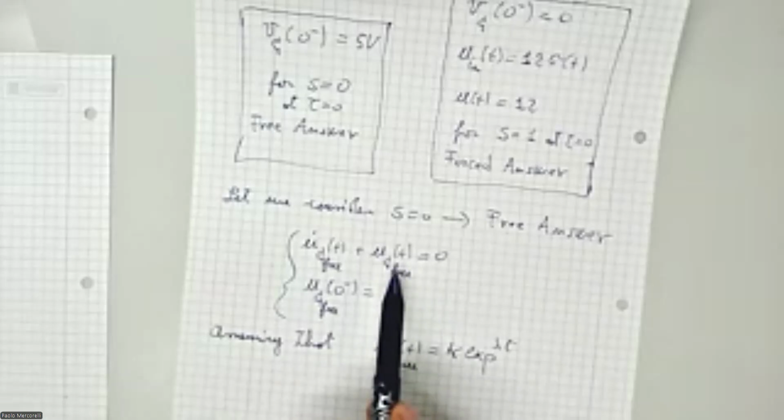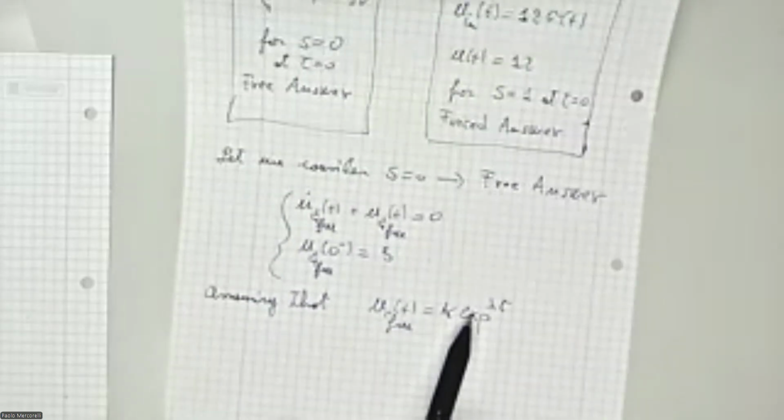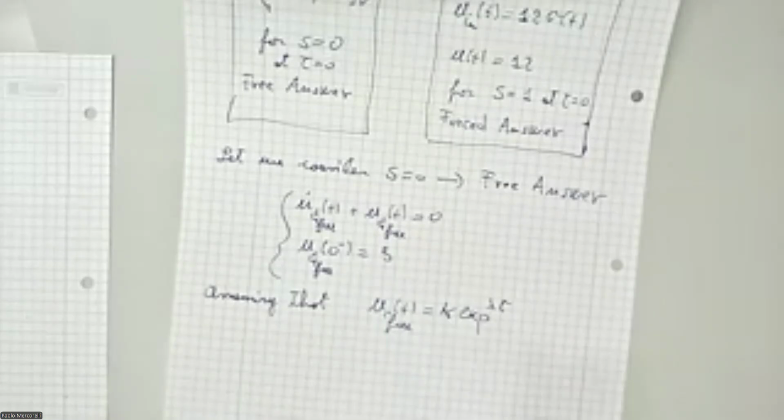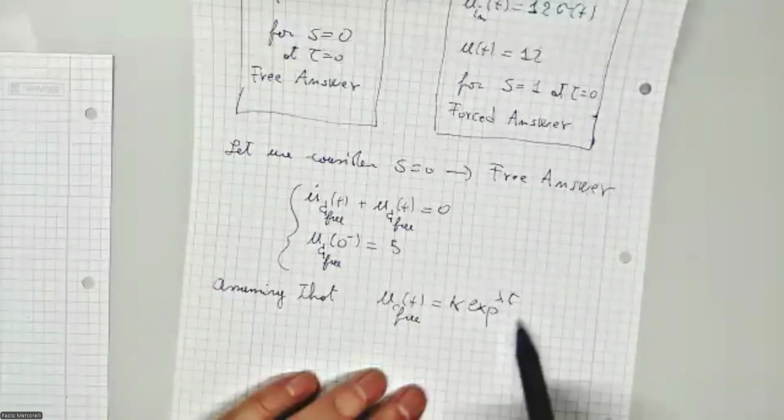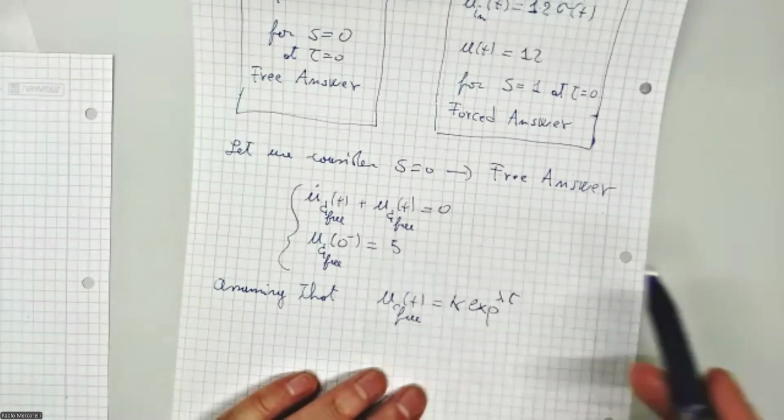Probably I don't need to calculate, but I do it for you because we did it many times. But anyway, this is an assumption. If we are able to demonstrate that this is really the structure of this solution here,